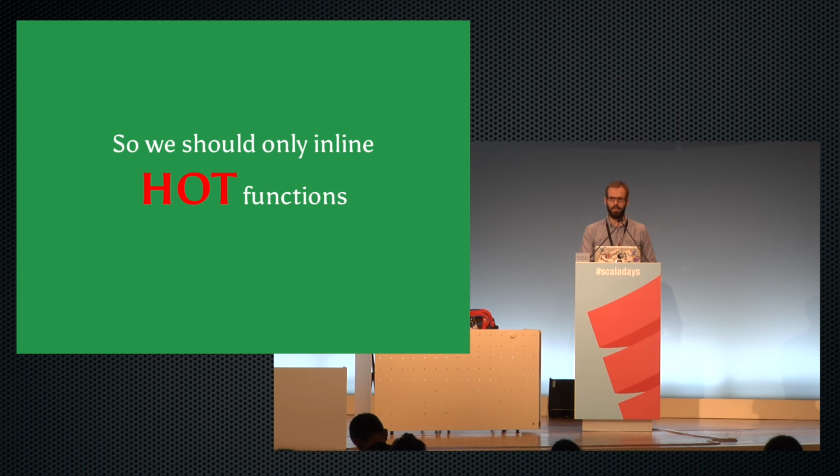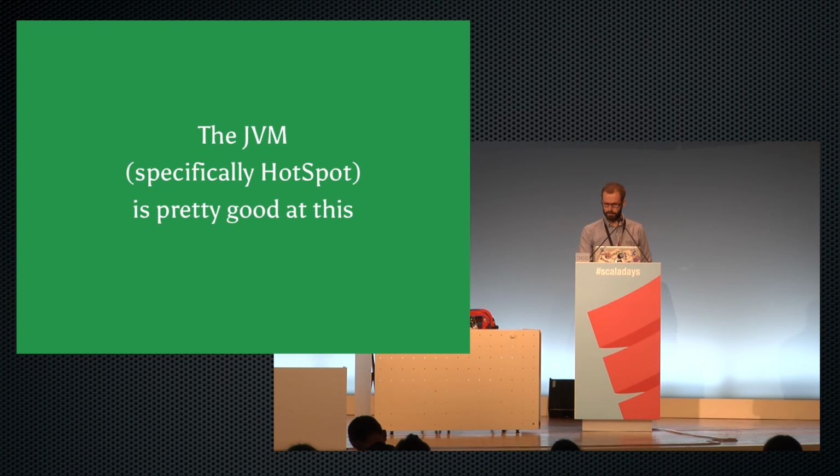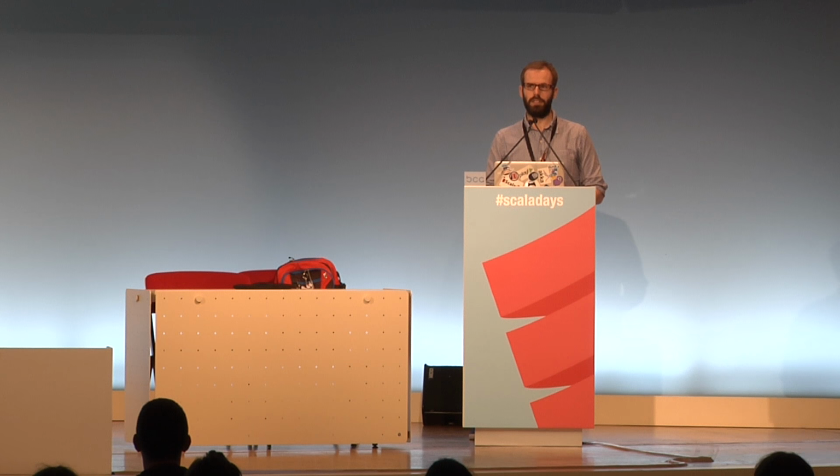And we don't want to inline anything that's not called very often, because it doesn't really matter. And HotSpot is very good at this. It's what HotSpot was designed for. HotSpot, by the way, is the just-in-time compiler for the JVM. And the way it works is that it's continuously measuring how many times each function in your program is being called. And so it's finding the hotspots, the functions that are called a lot, and then aggressively optimizing